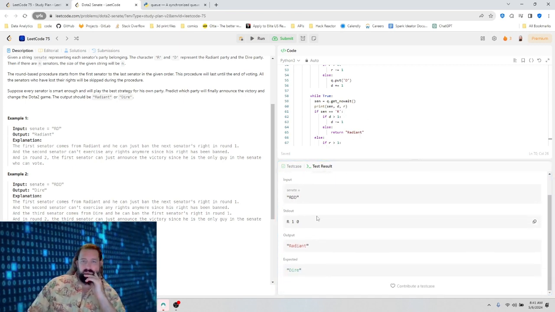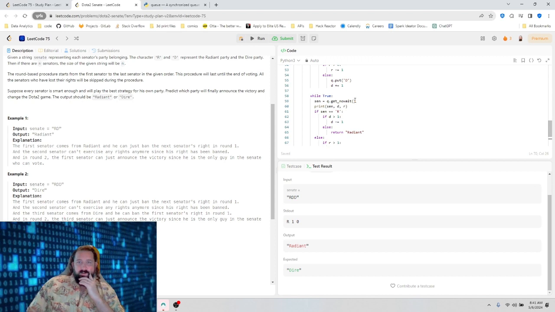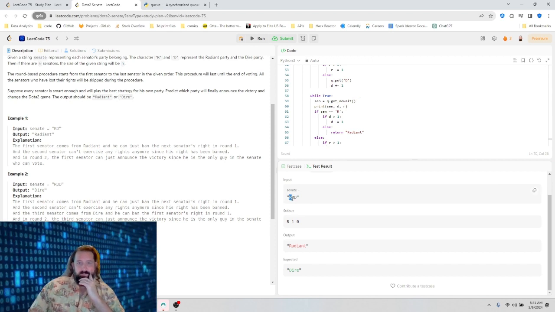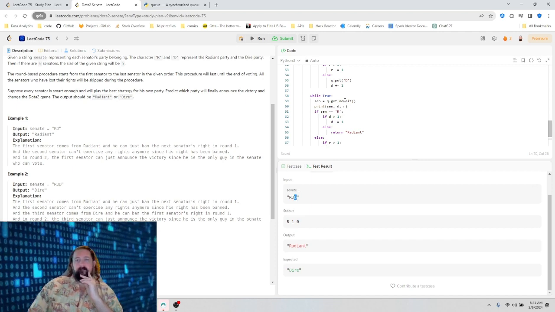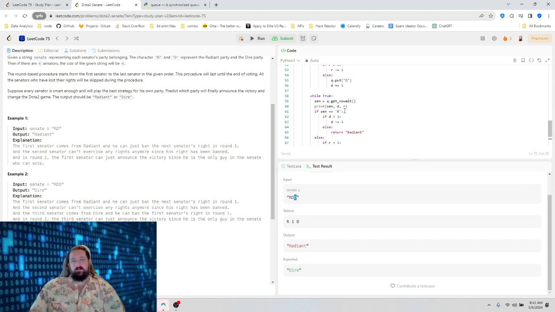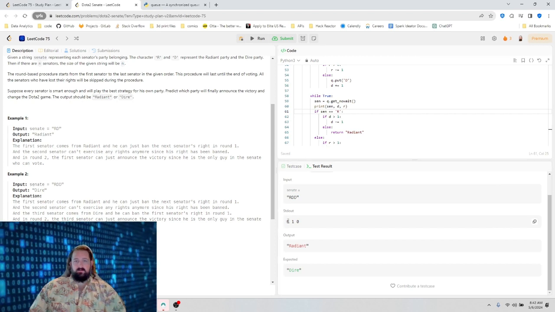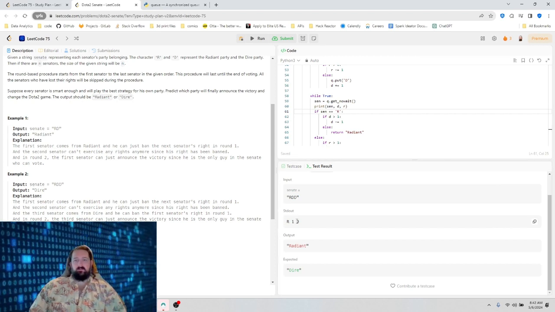Okay, this one failed because we went through once. The R deleted the D. And then we came here. We went to R again, but the D was already 0.